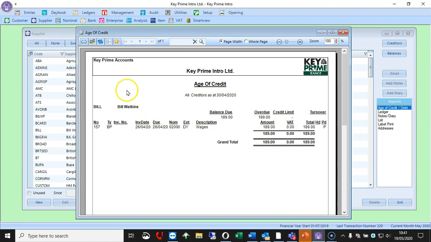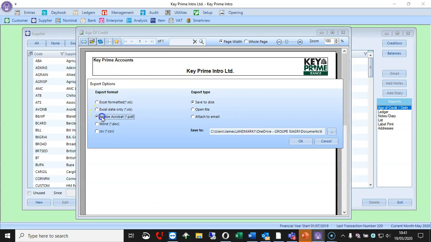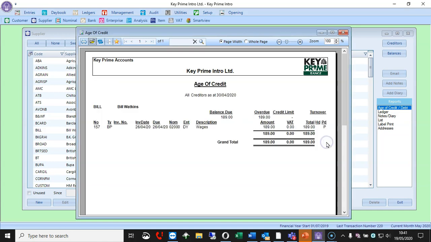Now, whilst I'm just here, don't forget, if the accountant hasn't got KEYPrime, you can export the report as a PDF and save it somewhere on your computer, so that you are building up a series of PDF reports that you can go to that folder and email off to your accountant.